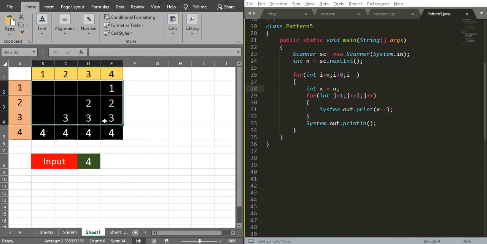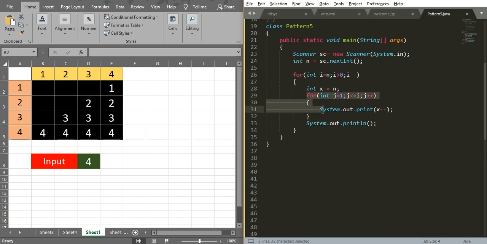If you take the pattern, for the first row 3 columns of spaces have been printed. For the second row, 2 spaces, and the third row, 1 space. That means for the first row, n minus 1 spaces, n minus 2 spaces for the second row, n minus 3 spaces for the third row. And after that, we are printing 1, second row 2 2, third row 3 3, and fourth row 4 4. So up to here we have written a for loop, and inside the for loop we are printing the numbers, right?